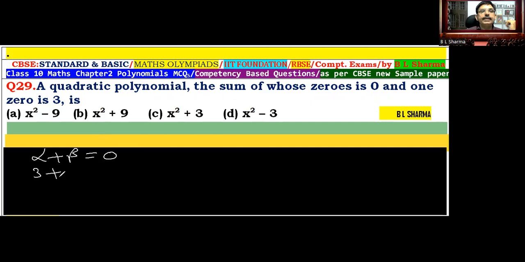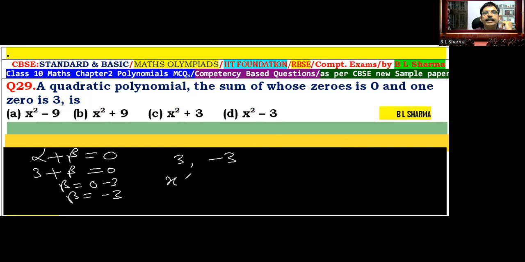One zero is 3, so the other zero will be 0 minus 3, so the other zero will be -3. एक जीरो इसका 3 है, अदर जीरो इसका -3 है. अब स्टूडेंट हम दो तरीके से इसका आंसर फाइंड आउट कर सकते हैं।